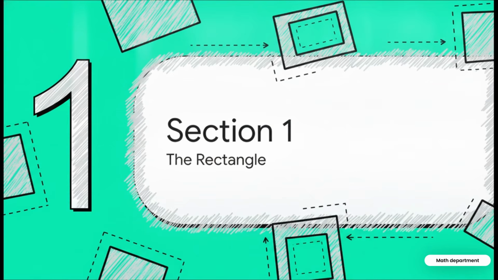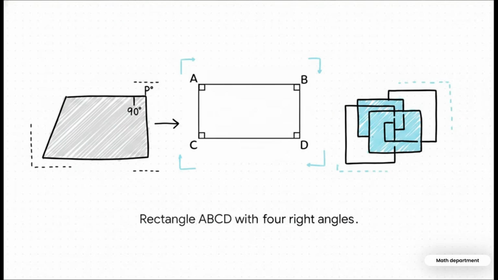Section 1. The rectangle. Let's dive right into our very first shape. So visually, we all know what a rectangle looks like, right? You've been drawing them since kindergarten. But in the strict world of geometry, a rectangle actually has a very specific definition. It's officially defined as a parallelogram that has exactly one 90-degree right angle. Just one. But as you'll see, that single right angle acts like a domino, triggering a whole set of new